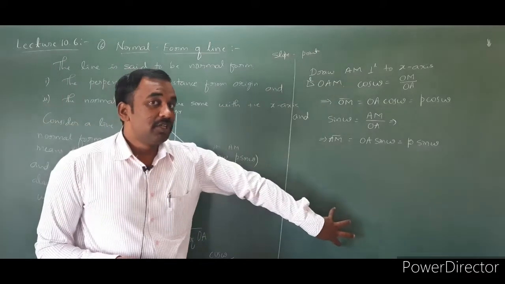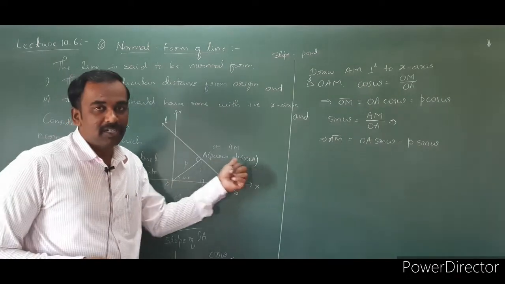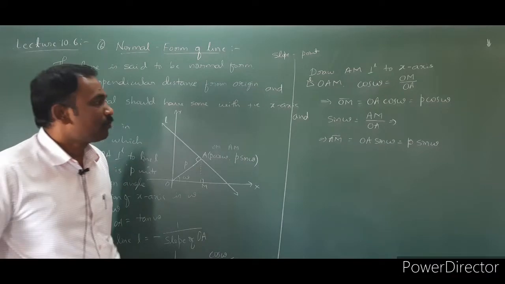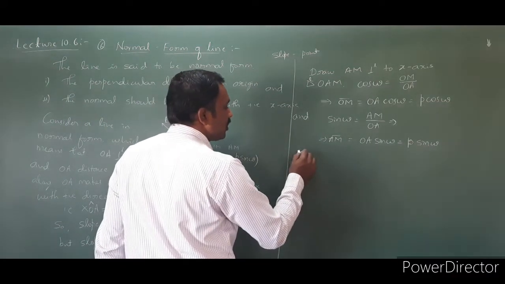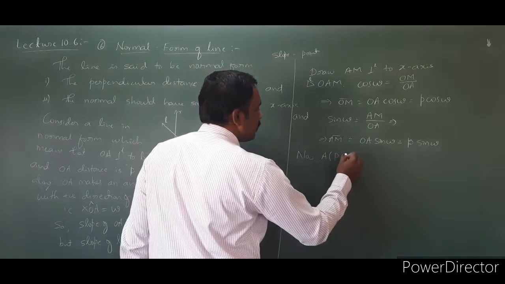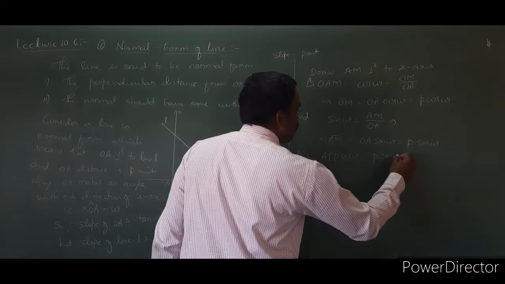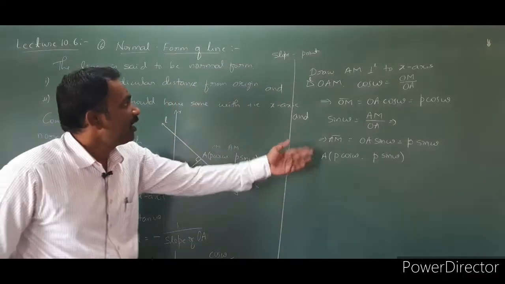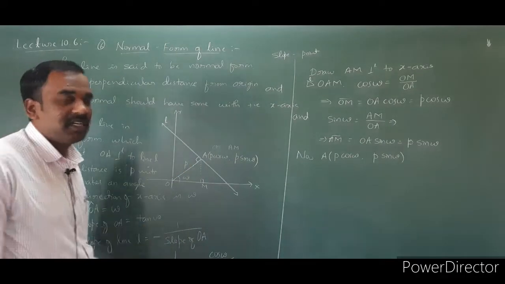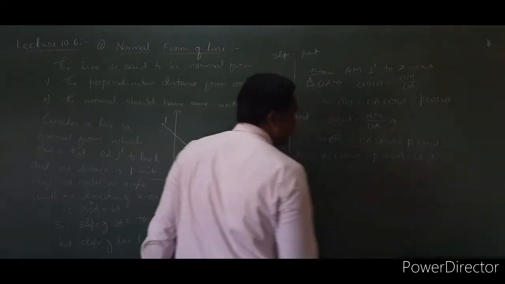In the unit circle this distance was 1 unit, but here the distance is P units, so we multiply by P, that's all. Now we have the point, the A coordinate. A is P cos omega, comma, P sin of omega. We have one point on the line and the slope of the line. Now we can easily find the equation of the line. This is considered as x1, y1.